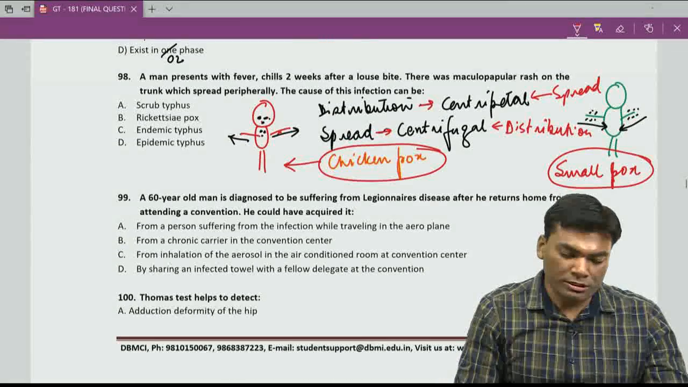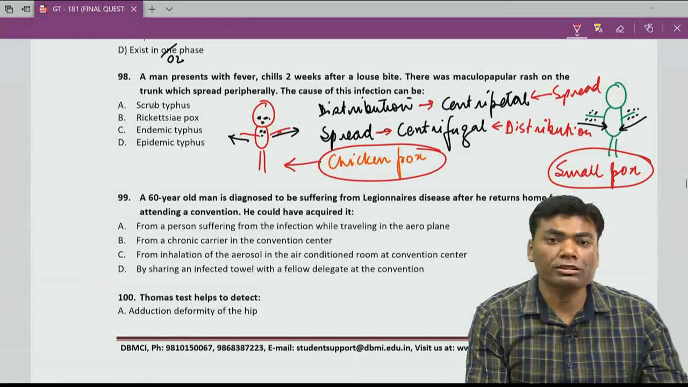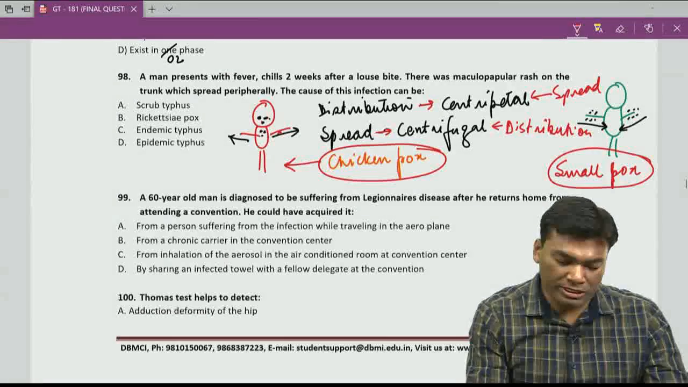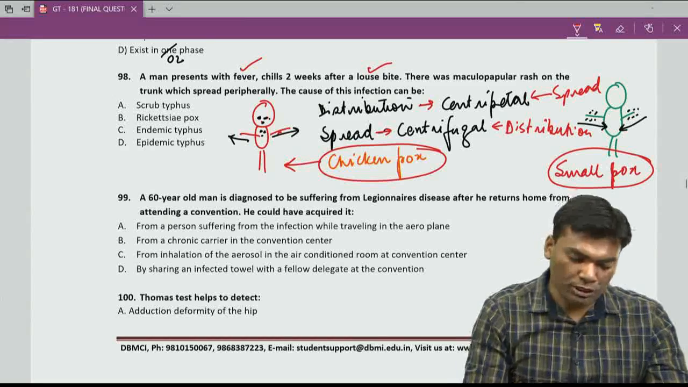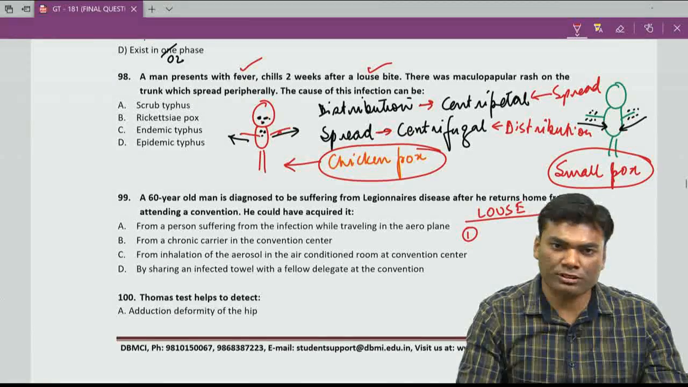Now the question is also saying that the maculopapular rash on the trunk was there. That means it was a centripetal distribution and it spreads peripherally. So what is this disease? We have got various things. First, we have got fever, we have got a louse bite, right? So which are the louse-transmitted diseases? Louse will transmit only 3 diseases. The first one is the